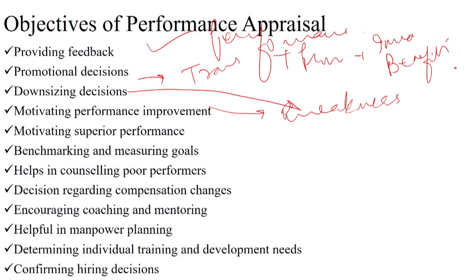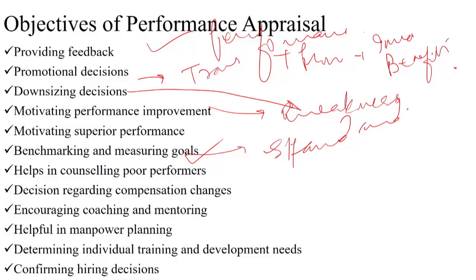Then another objective is benchmarking and measuring the goals. Now benchmarking is basically for superior performances. Benchmarking is one of the most important aspects of the management process, and it ensures that the benchmarks are set and achieved too. So benchmarking is basically nothing but the setting of the standards. So people should know what we are supposed to achieve. For example, if the company says that, okay, the sales figure has to be 5 lakh rupees per month, this is the benchmark that has been set by the company, that this month the target is 5 lakh rupees.